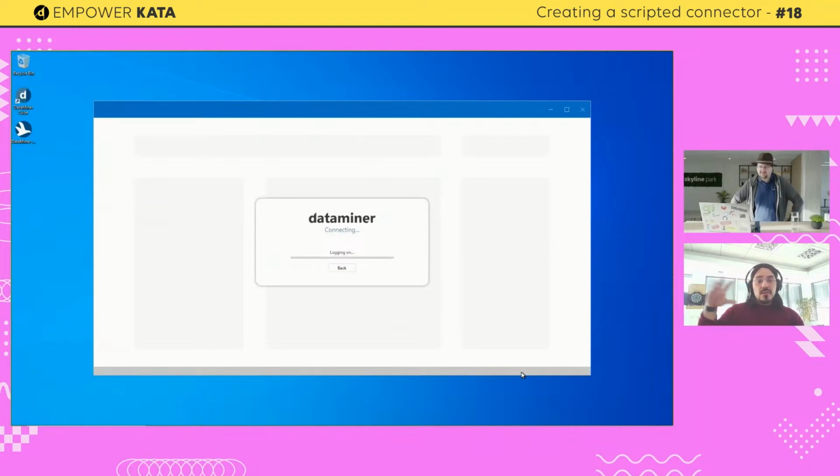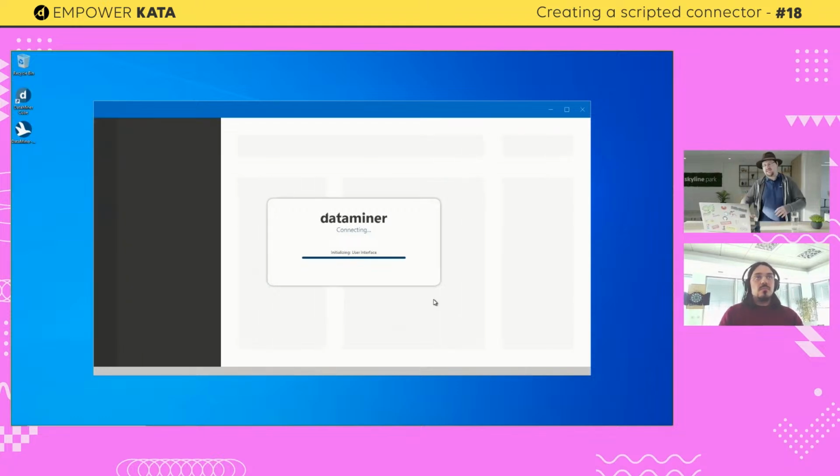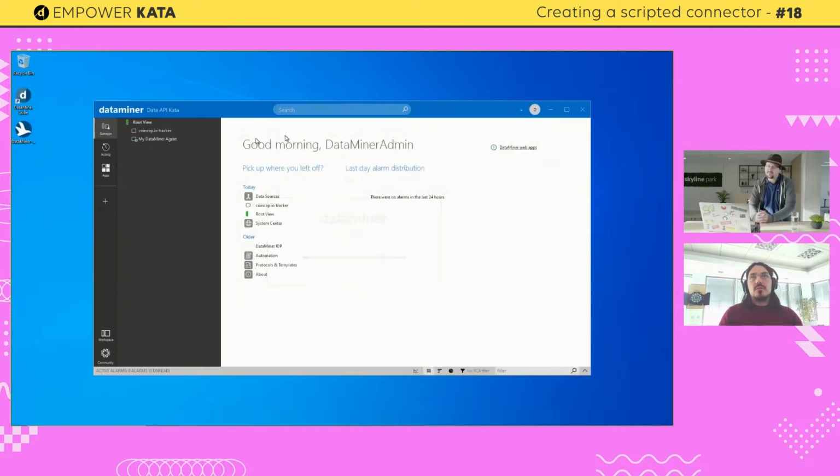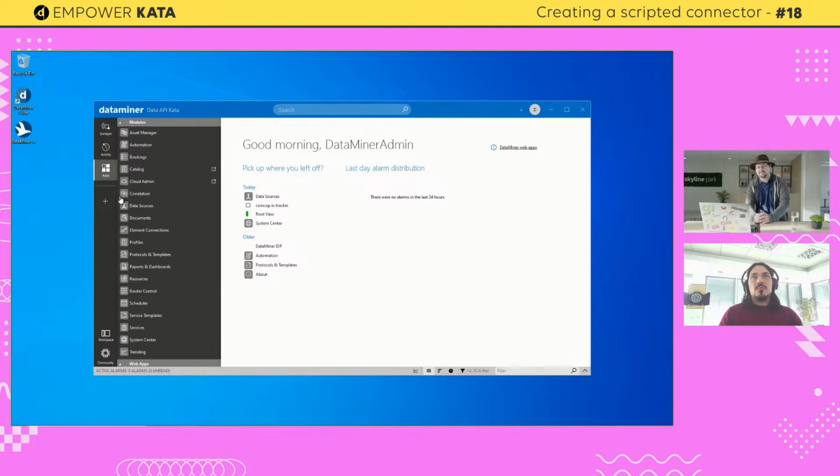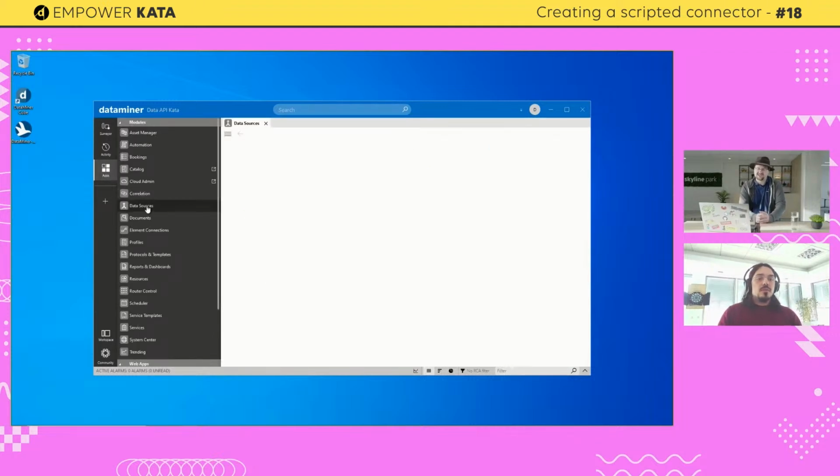So you can go via browser, but if you're already managing your system inside the DataMiner Cube, you'll also be able to do it from here. You can just go to the apps, and you'll see data sources here. So it's approachable from two locations, either through the Cube program itself or through the browser, like you showed earlier.